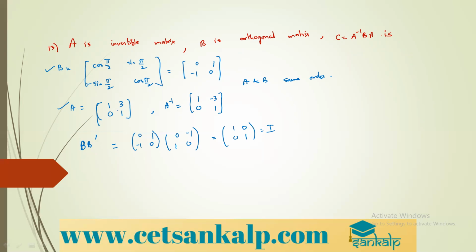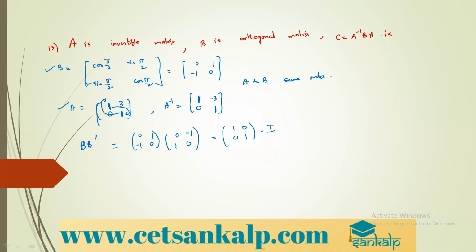Finding the inverse for a 2 by 2 matrix is very easy. Just copy 1, 1, the same 1, 1 we will copy. And actually, when you copy 1, 1, you have to reverse the order. This one should come here. This one should come here. And then for 3 and 0, you will take negative sign. That is 3 negative, 0 negative. That is how we get the inverse.